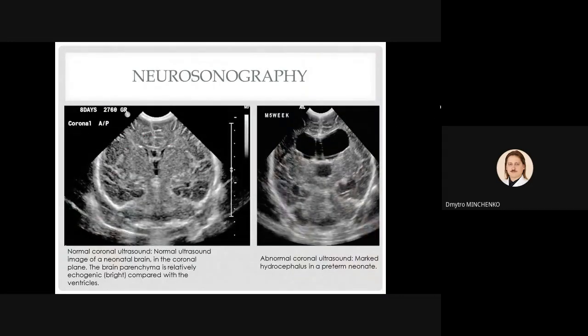Neurosonography, this is a very interesting procedure. It's an ultrasound of the brain. And this procedure can only be performed in very, very small children, neonates, and maybe slightly older infants of the first few months of life. Why? Because only in those groups can we get ultrasound access to the brain. In older children, the brain is covered, of course, by the bones of the skull, and we have no way of penetrating them. But in very small children, they have an open large fontanelle, and if it's of sufficient size,